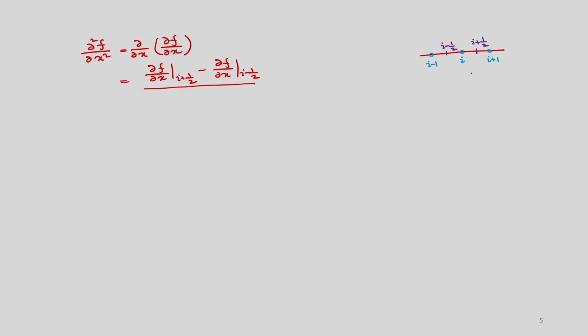So, what is the distance? So, if this is your delta x, this is the step size, this is your delta x, and the distance between these 2 points is also delta x. So, this is the first derivative you are writing, and so you can write delta x, and what is the order of accuracy? So, we have seen that it is second order accurate. So, it will be order of delta x square.